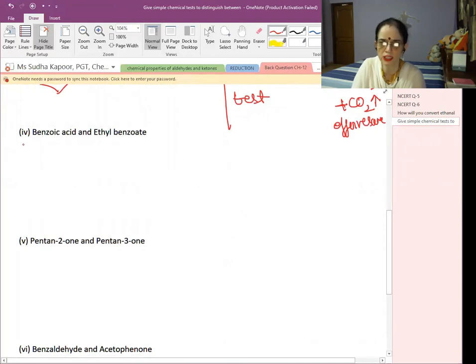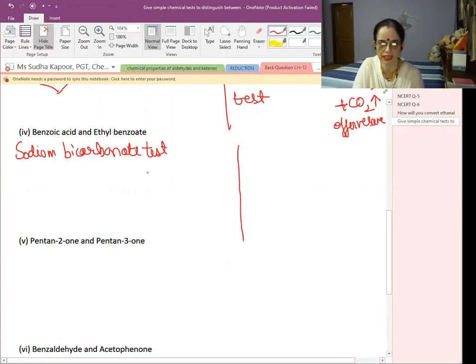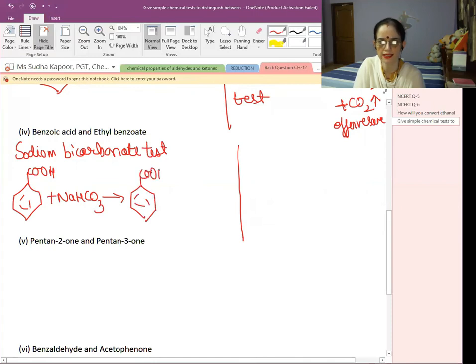Again, we are having the benzoic acid. We will be using the sodium bicarbonate test. Sodium bicarbonate test is used. And dear student, remember that in CBSE, if we are giving it in a tabular form, writing the name of the test, showing the effervescence, the PPT, it becomes very impressive in front of examiner. That is COOH. We have added NaHCO3. Okay, we will be getting the sodium salt of benzoic acid along with H2O and CO2. CO2 is obtained in the form of effervescence, which will be detected by passing it through the lime water.